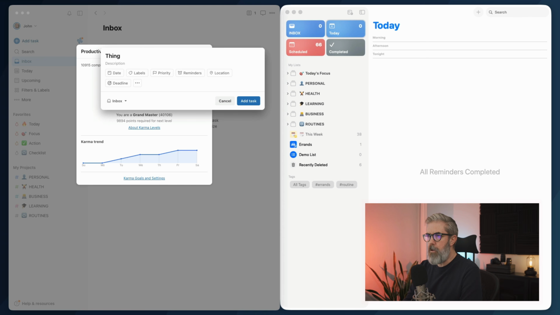The natural language processing makes it super easy to enter tasks. You can just add a project. You can add the priority, the date you want to do it. There's lots of different syntax that it can recognize to automatically add these things to the task as you're adding it to your system. So for me at least, it saves a ton of time